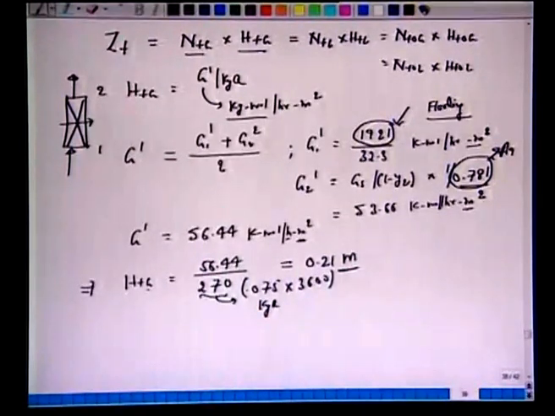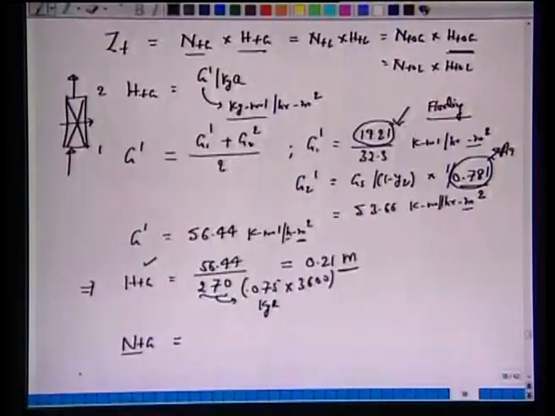If you want to work on HOG, then we have to do some more calculations here. So, you have to see what the problem has given, so that our calculation is simpler. So, we obtained HTG, now we can obtain NTG. All right. Good. So, now we have to calculate the number of transfer units NTG based on the individual gas phase. Okay. So, again here if you read the problem, it is given that sulfur dioxide at the inlet is 1%. So, generally we treat 1% as a dilute, very small concentration, in which case we can make these approximations and we can neglect the 1 minus y logarithmic average.